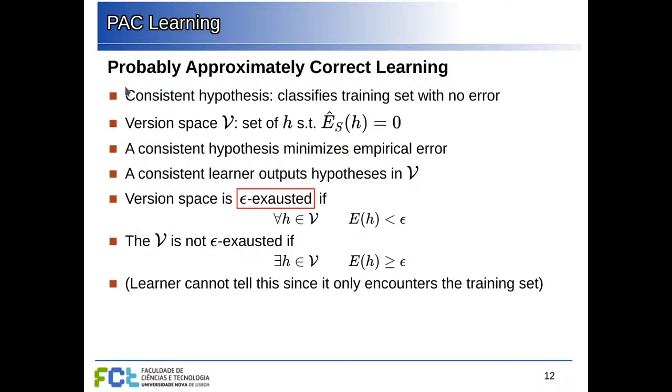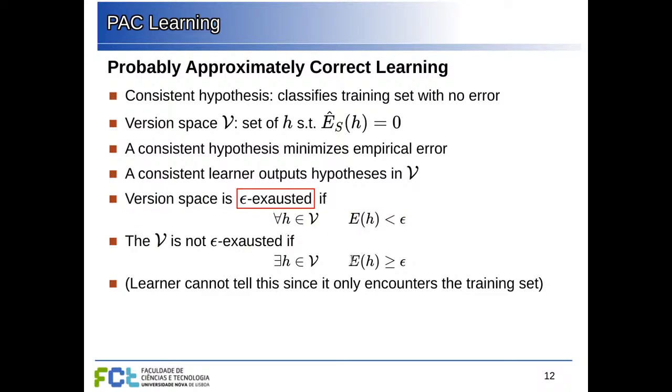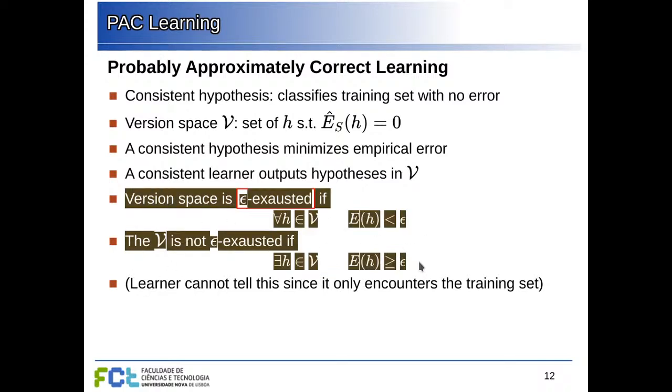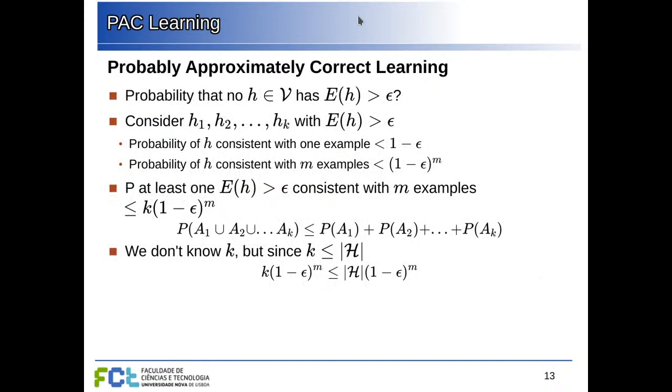Now, note that we can tell if a hypothesis is consistent or not because we can measure the training error. But we cannot tell if the version space is epsilon exhausted or not because we cannot measure the true error. So this is unknown for the learner. The learner does not know in which situation we are. Either all hypotheses in the version space have a true error below epsilon, or there are some that do not, but we do not know which is the case. But we can try to estimate the probabilities of that. So what is the probability that there is no hypothesis in the version space with a true error greater than epsilon? We can try to